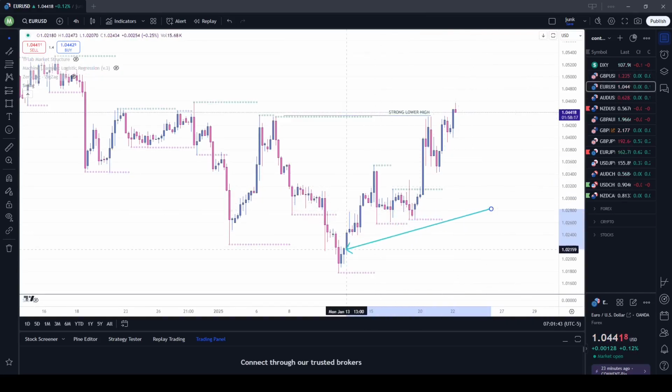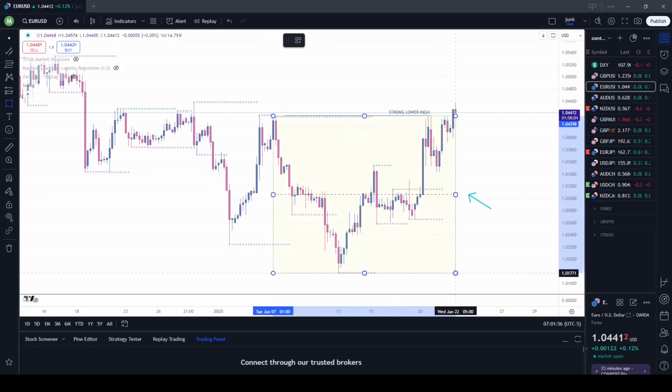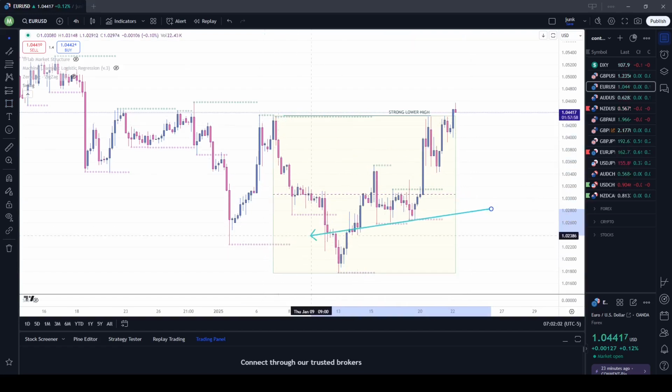Similar, it's pulled back from its range to the lower high. This strong lower high has been broken. So let's map out the range from yesterday. And it just recently broke. So this would be the range, the bear structure range, where it was making lower lows, lower highs. This is the low that's broken. This is the lower low. It has started to pull back into premium, pass through all these areas of supply,